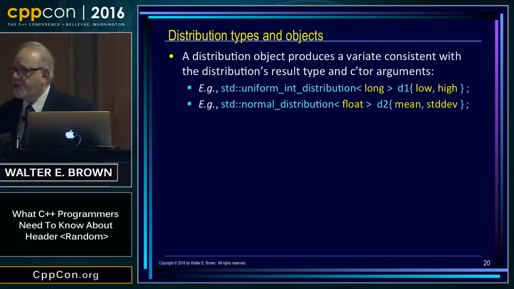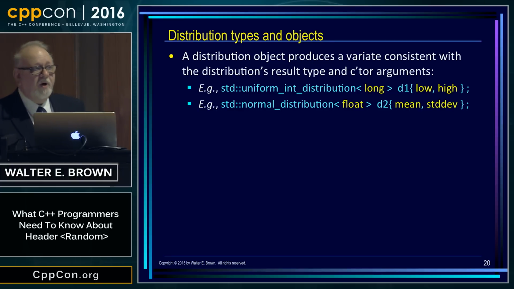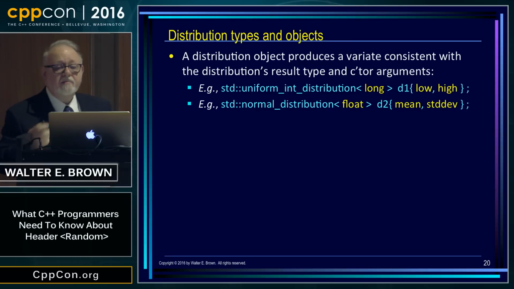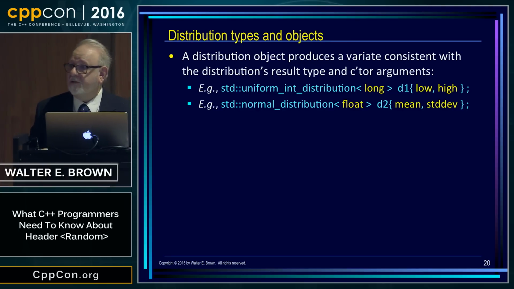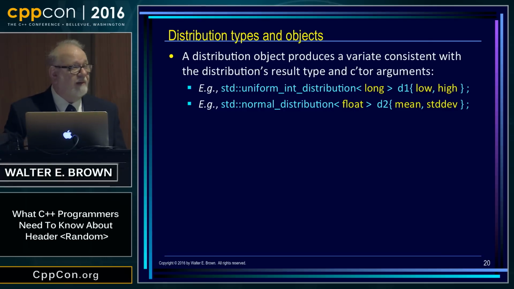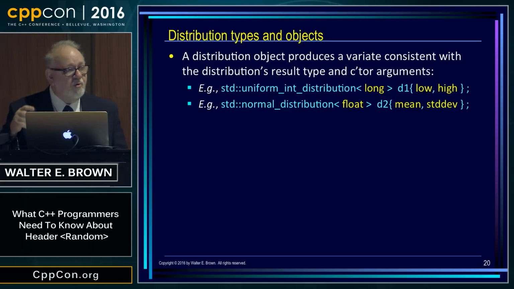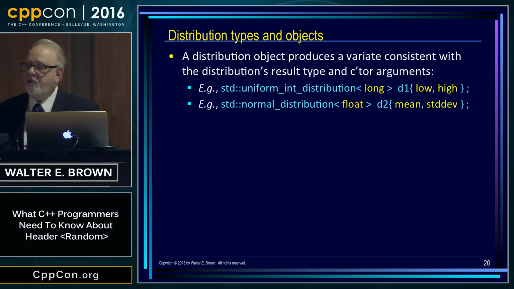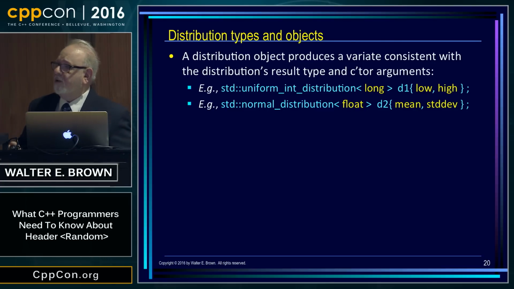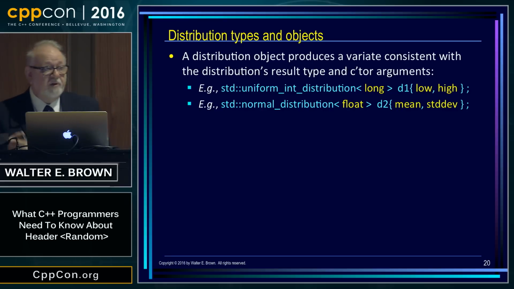So let's talk a little bit about distributions. The purpose of a distribution object is, again, you call it, and it gives you a result. And this is what you want. You want a variate, a random number. You do it by calling a distribution. Okay? So you have to create a distribution. Which distribution? Depends on your application. How do you create one? Depends on your choice of distribution. Typically, these are templates, so you have to tell it what's the type that you want to get back. Do you want integers? Do you want a float? Do you want a double? What do you want? They are distributions that give you bools.